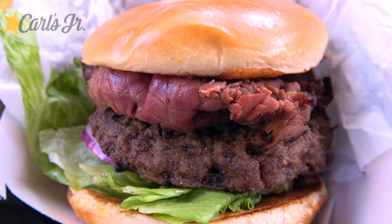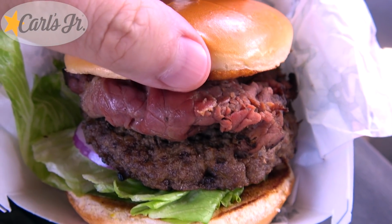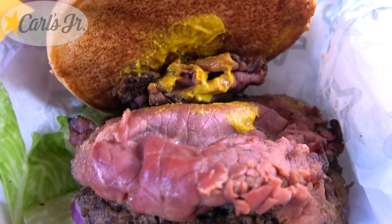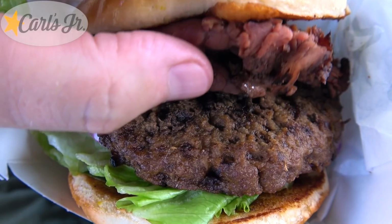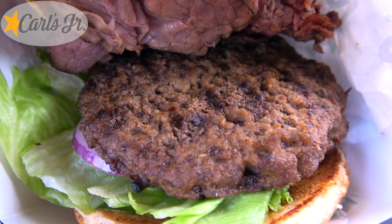Have a look at all the meaty goodness in the middle there. That is just looking really awesome. Let's pop the top and see what this one is working with. Of course, we need to have some mustard, just a little bit on top there, but have a look at that heaping portion of pastrami, looking fairly lean. That looks really great. Underneath that, we have the signature 100% black Angus beef charbroiled thick burger, in effect looking